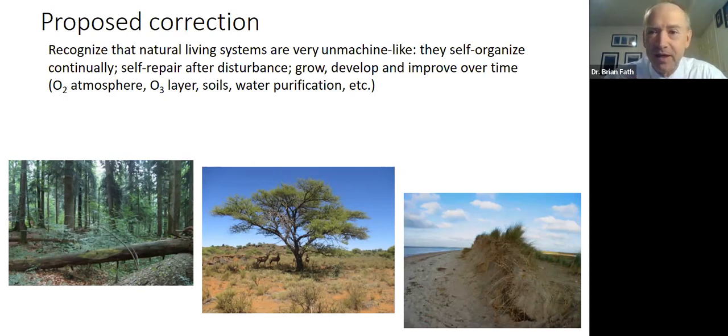But for now, the machines that we have are not able to do these things the way that the ecology is. And some very good examples of nature improving over time are things like the oxygen atmosphere that has given rise to aerobic respiration and much more release of free energies from respiration. And the oxygen layer, which allowed then land colonization and so on, soil formation, water purification, and so on. That many different ways that we see over time that the planet had actually changed in a way that becomes more suitable, right? Almost a Gaian